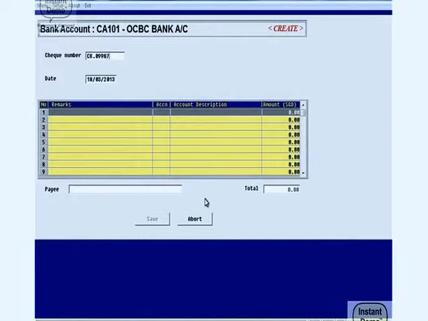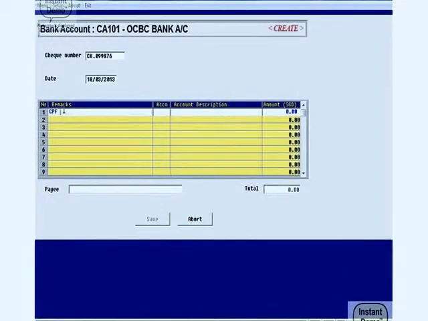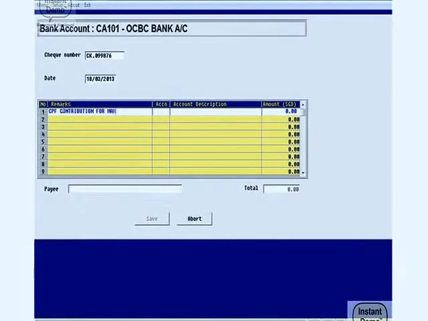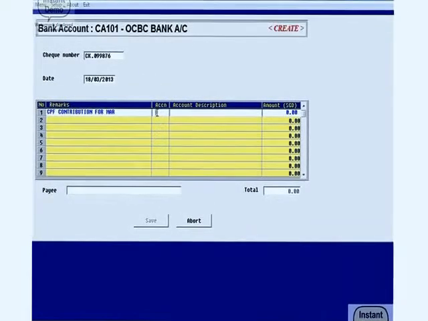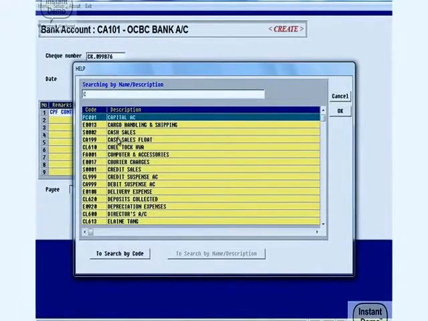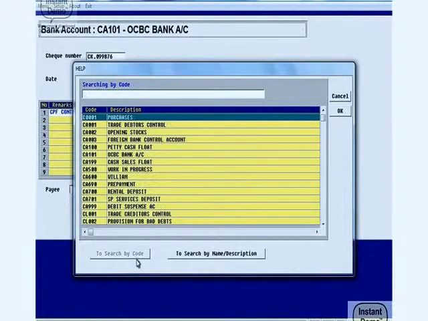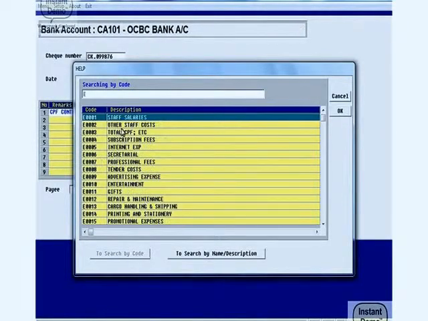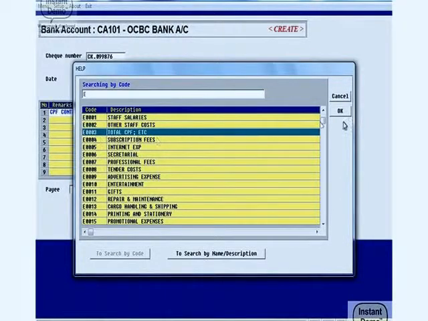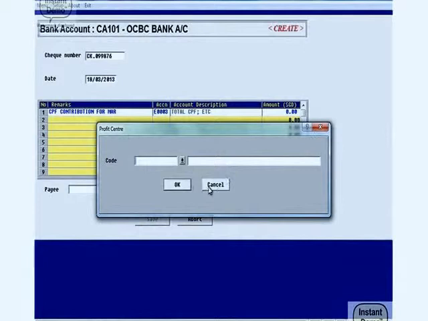Again, key in the check number followed by the date, which is by default the system date. Key in the remarks, in this case, CPF contribution for March. Again, click for CPF contribution. You can search by code under E for all our expenses and select Total CPF. Click OK. And Profit Center code does not usually apply to small companies, so just click Cancel